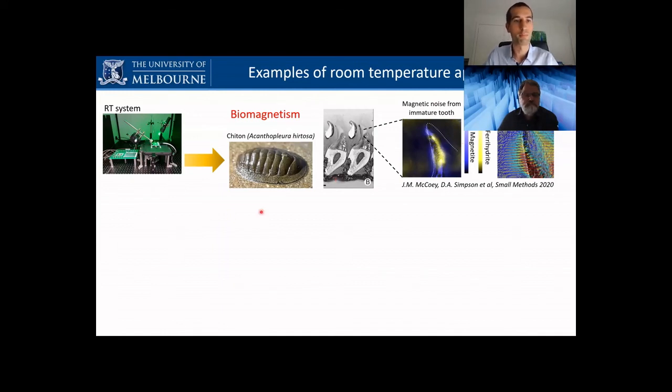One is in biology, especially biomagnetism, detecting magnetic signals from biological systems. And a recent example published earlier this year is on chiton, a sea mollusk, and that's a work led by David Simpson, where they've been looking at essentially doing magnetic profiling of the teeth of that system. And that tells you about how the iron, for instance, which is what produces a magnetic signal, in what form